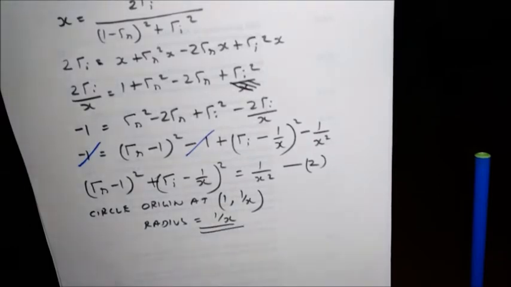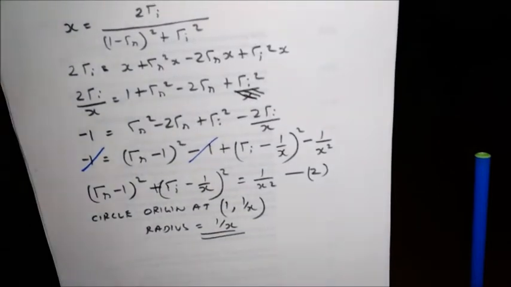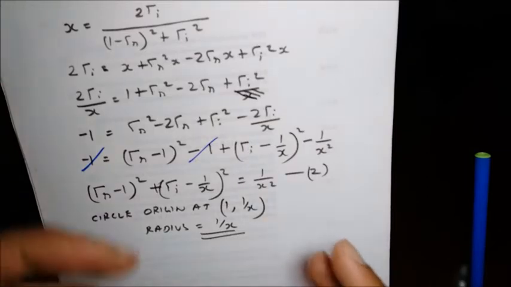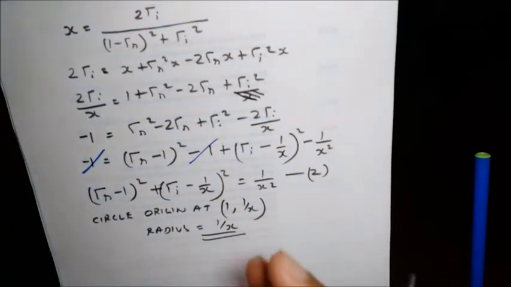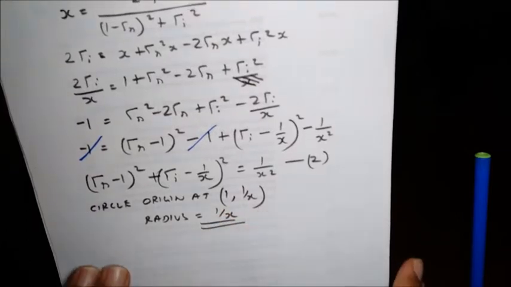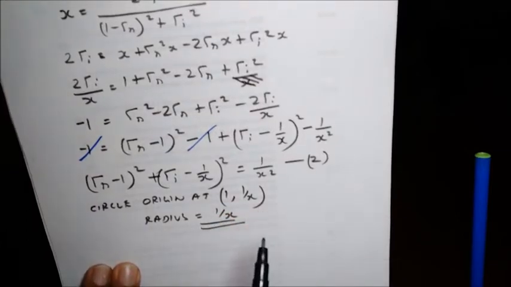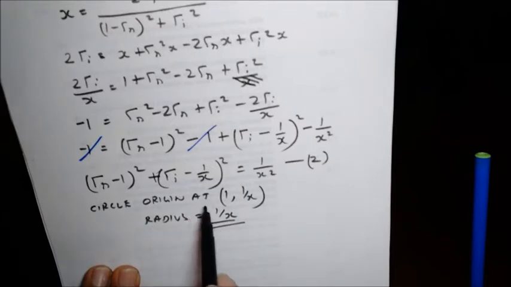Right, so that's our second circle that we have. Now you plot these two circles, the sets of circles. In fact, it will be a set of circles because for each value of x you will get a different one. For example, if x is 1, let us say, you will get a circle with origin at 1, 1